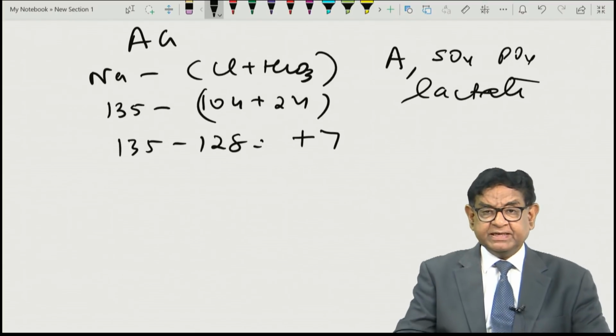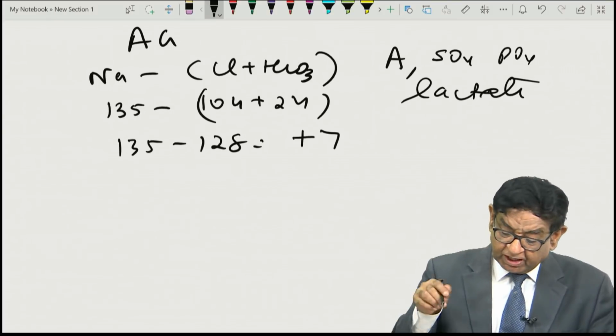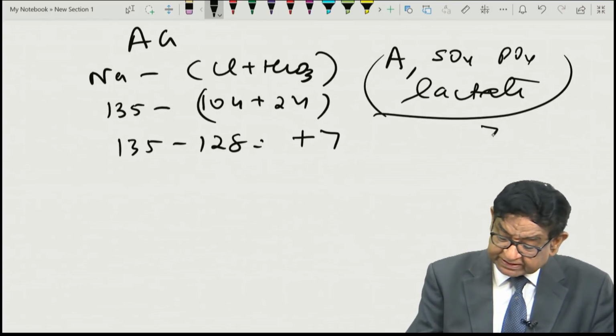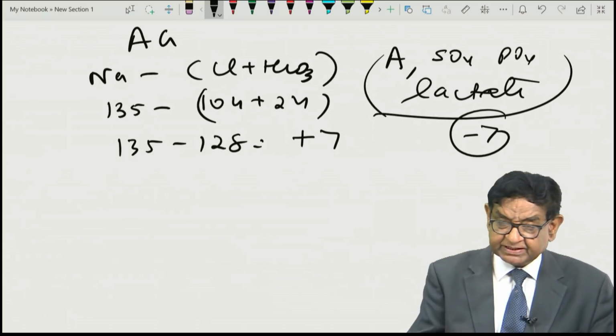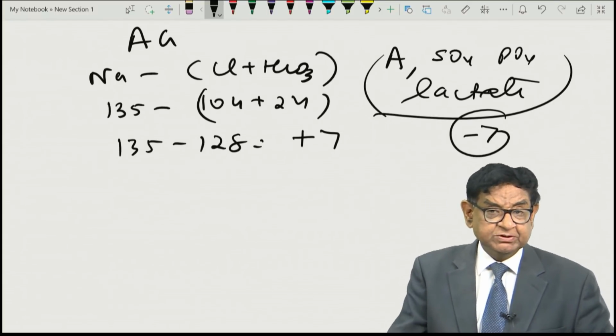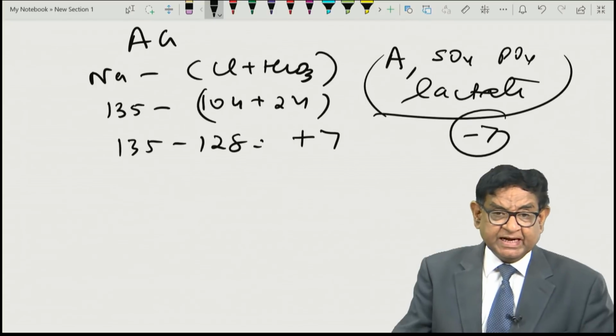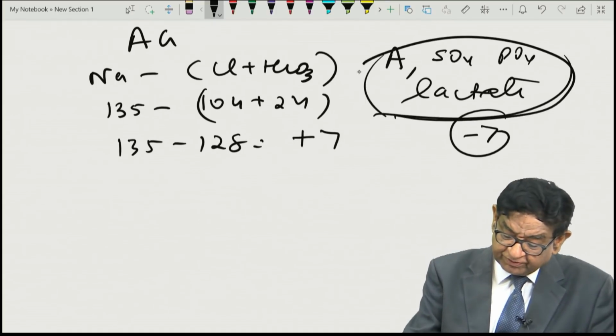All these are negative particles and many more also. So now they all will constitute about 7 minus. This is how this figure will be neutralized. So that means if somebody asks you what is the anion gap, you can say it's the measurement of